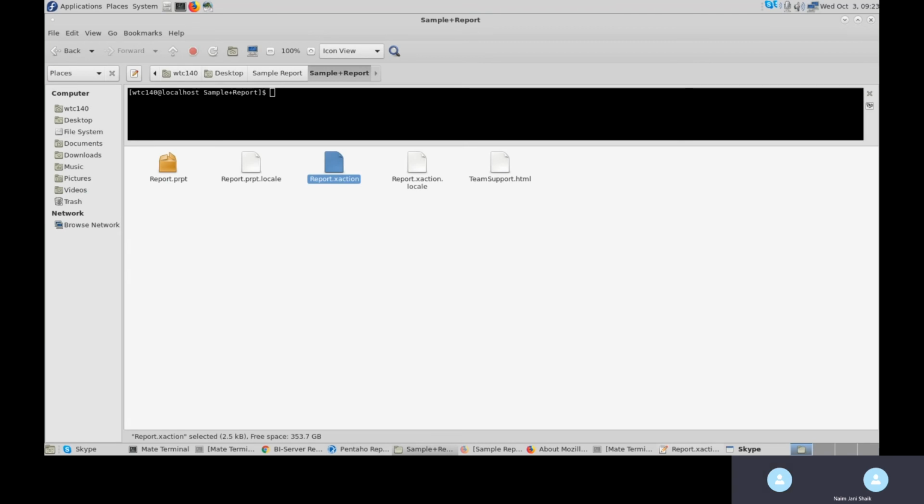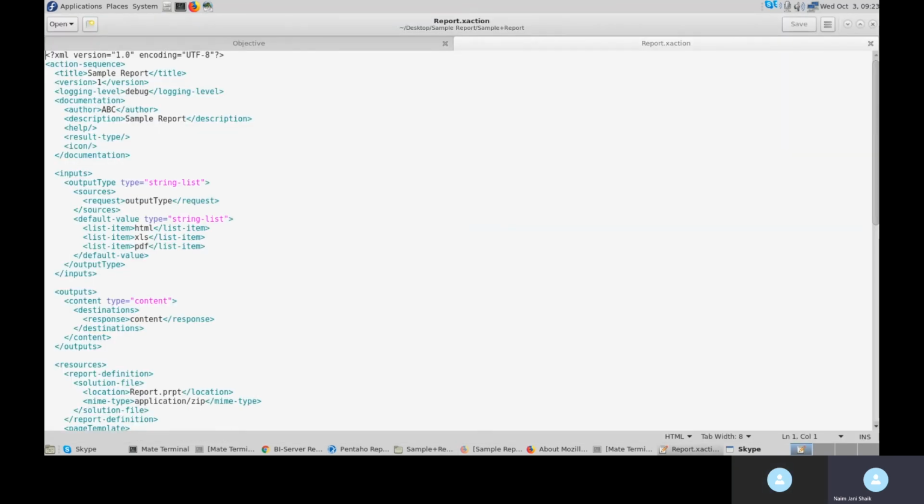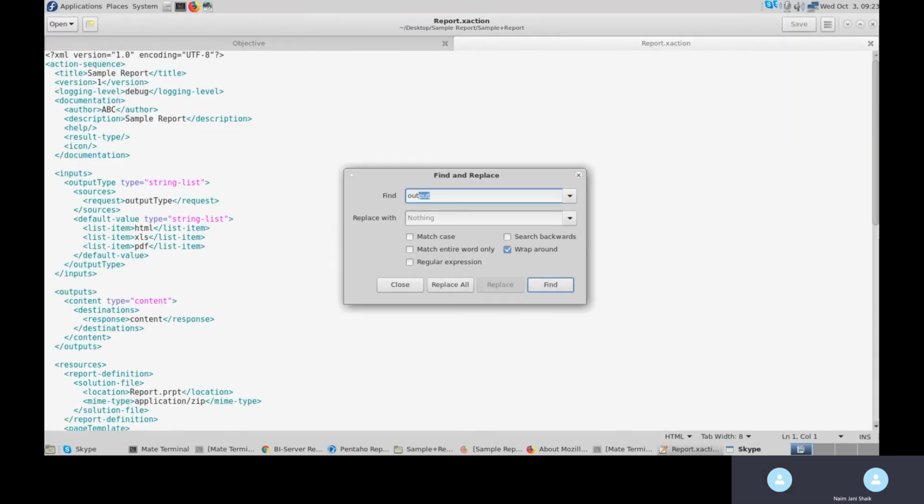Let me now move to the report.xsection in which I need to replace this output type with output target throughout the file. As you can see, the output type gets replaced with output target. Let me also change the values which were earlier there for output type and update them with the corresponding values for output target. For HTML,